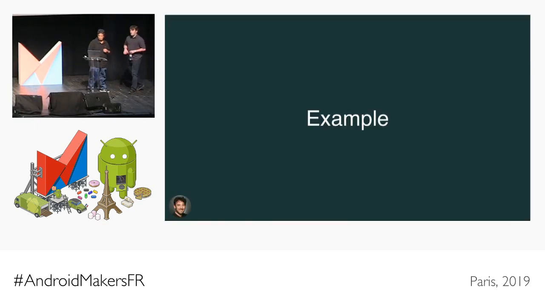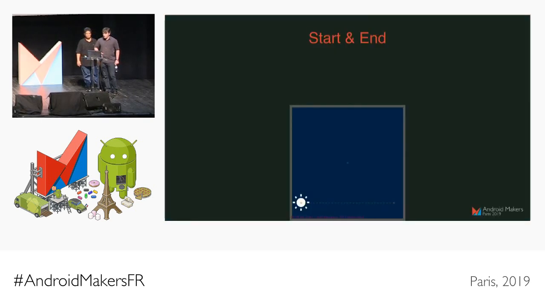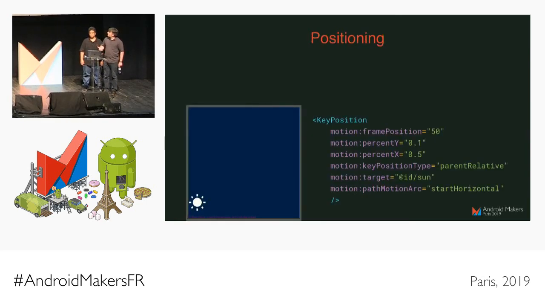So let me just go through a very basic example so you get maybe a better idea of how everything works together. So let's say that I have this sun that goes from the start to the end, and it's great, but I want a little more interesting stuff in my animation. So I can specify with a key position a keyframe that's going to basically